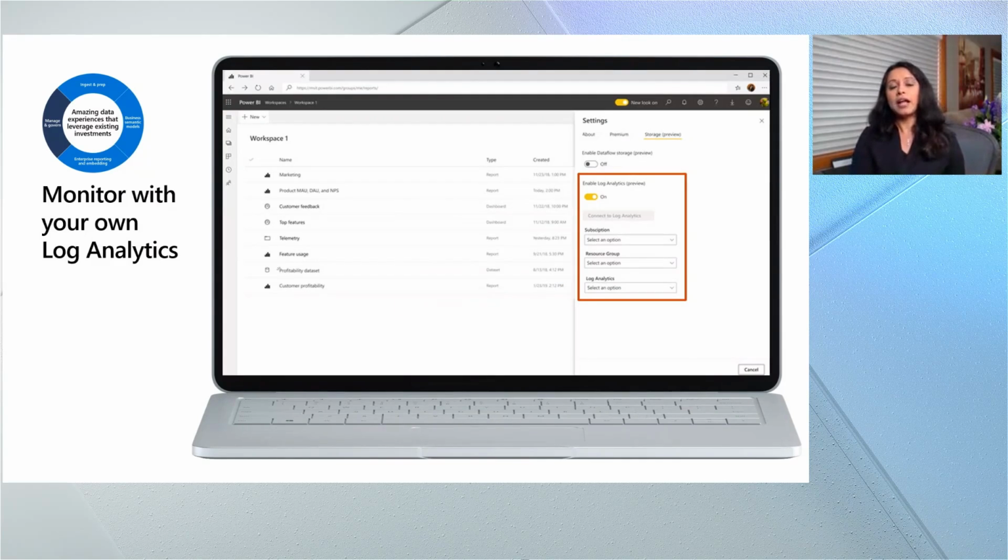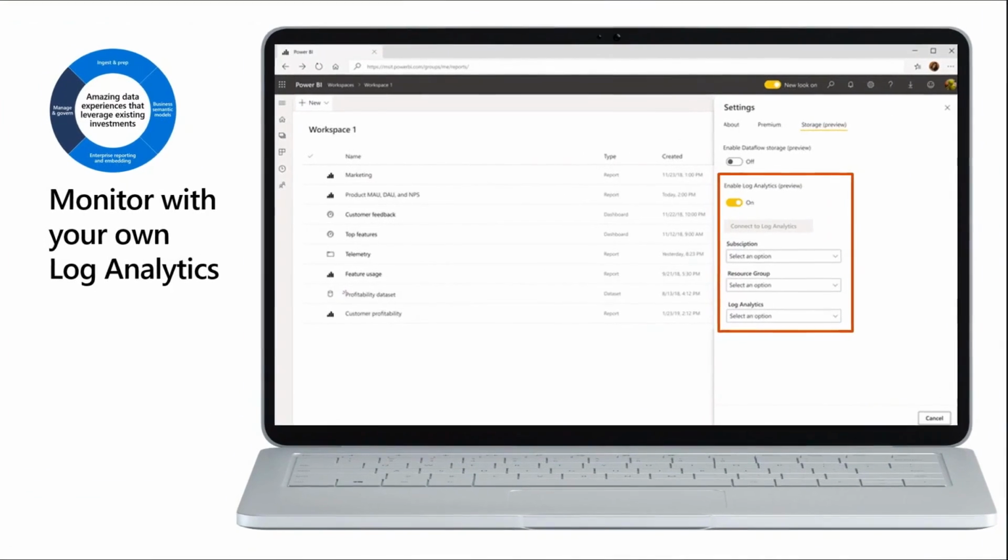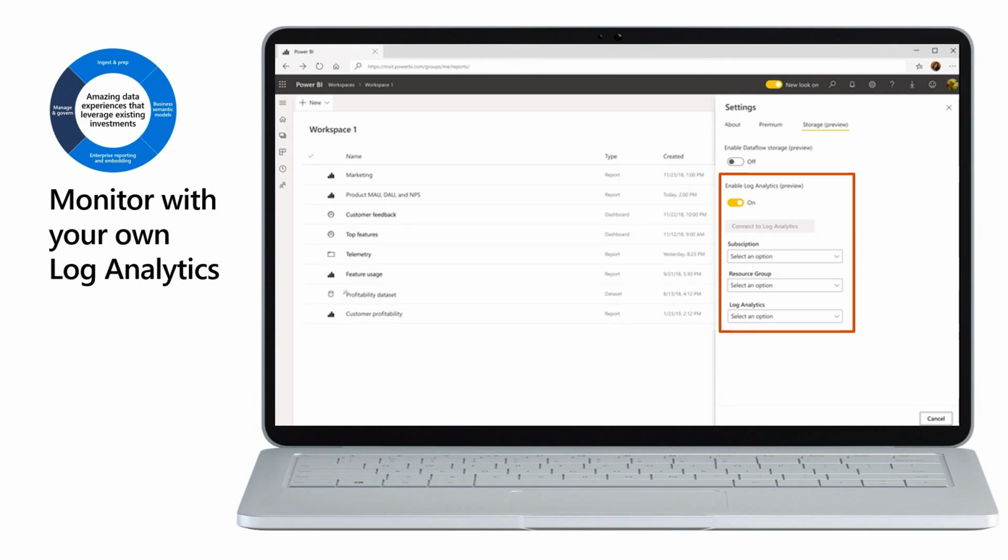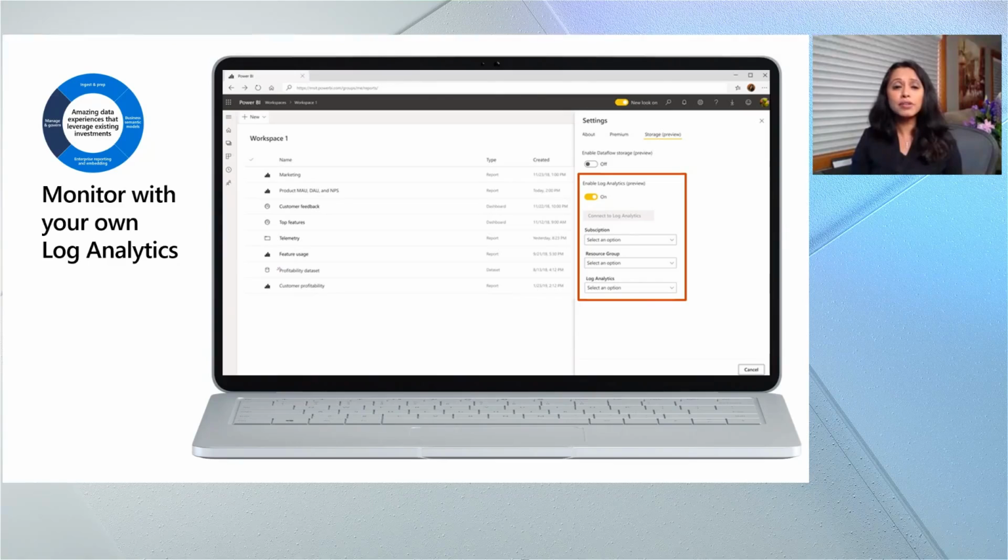Lastly, I'm going to talk about monitoring end-to-end and monitoring usage and performance. This is probably top of mind. You've made all these investments, you put all this money into building these reports, and now your reports are so awesome, they're going viral. They're scaling to hundreds of thousands of users, and you really care about two things. You care about what is the performance. Now, as you guys all probably know, performance has multiple tiers. You could have performance bottlenecks at the browser level, at the network level. Maybe it's the way you've designed your reports or written your queries, or maybe it's at the data source level.